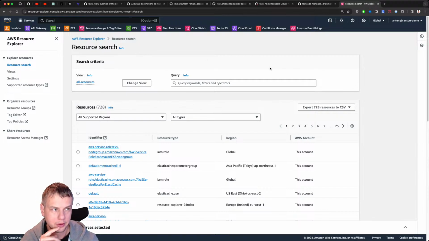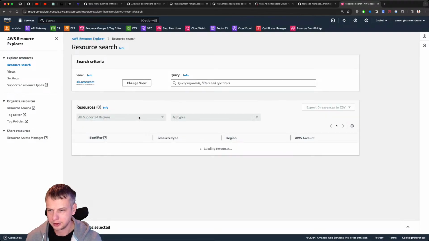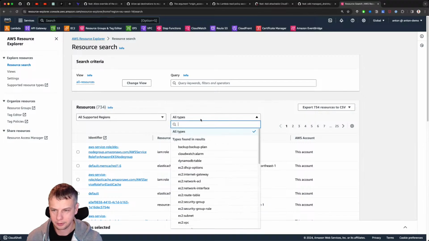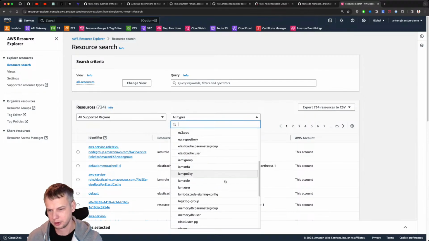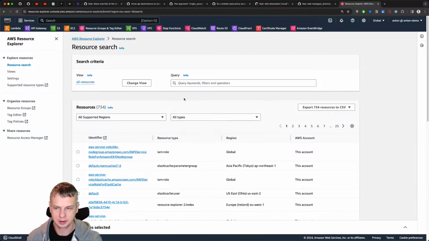For those who don't know, there is also a pretty nice way to see all of your resources, which is AWS Resource Explorer. You can see a bunch of resources. It's not real time, but it can give you pretty good information that you have some resources which you didn't expect. Like in my case, a couple of weeks ago, it was Elastic File System, which I forgot about.